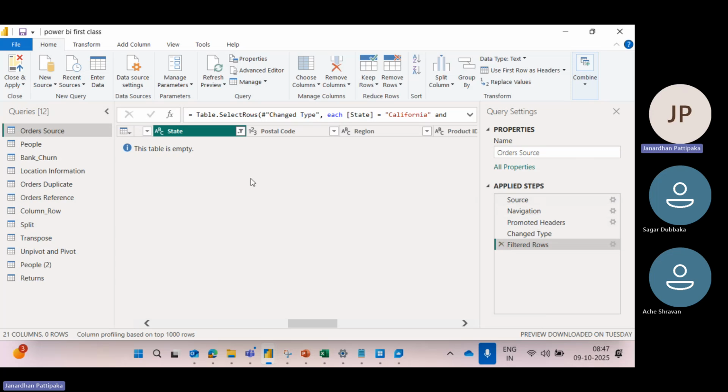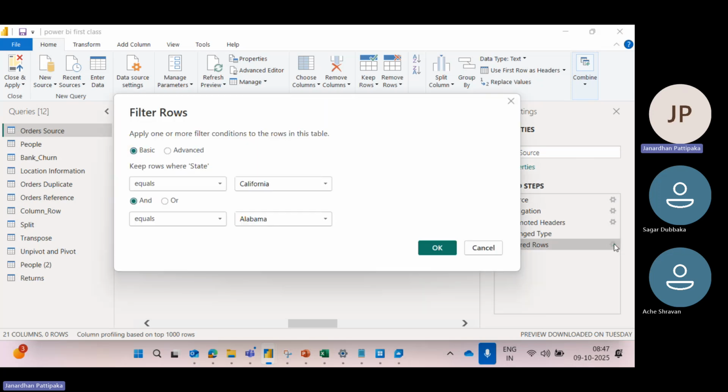For every transformation in the applied steps, one step is created, right? So if you want to see these steps, you just click on this filtered rows. See, state equal to California. You have selected an option called an operator, and. So what is and? And is the operator you should use